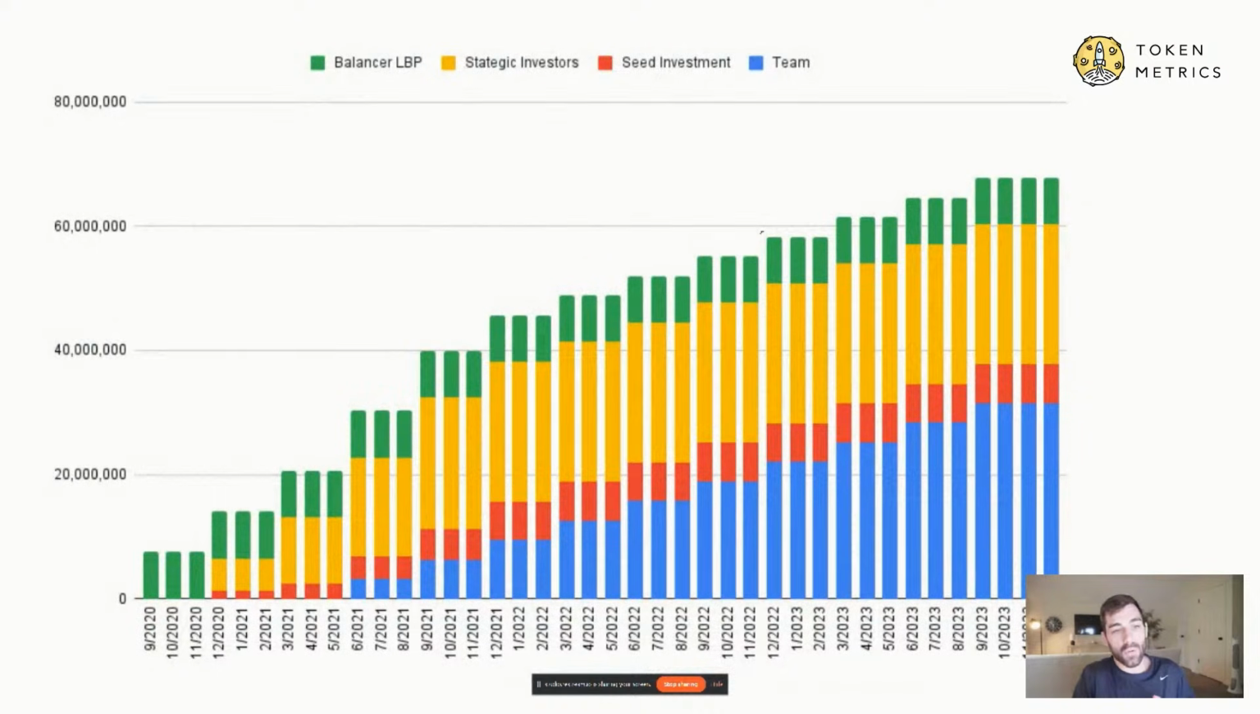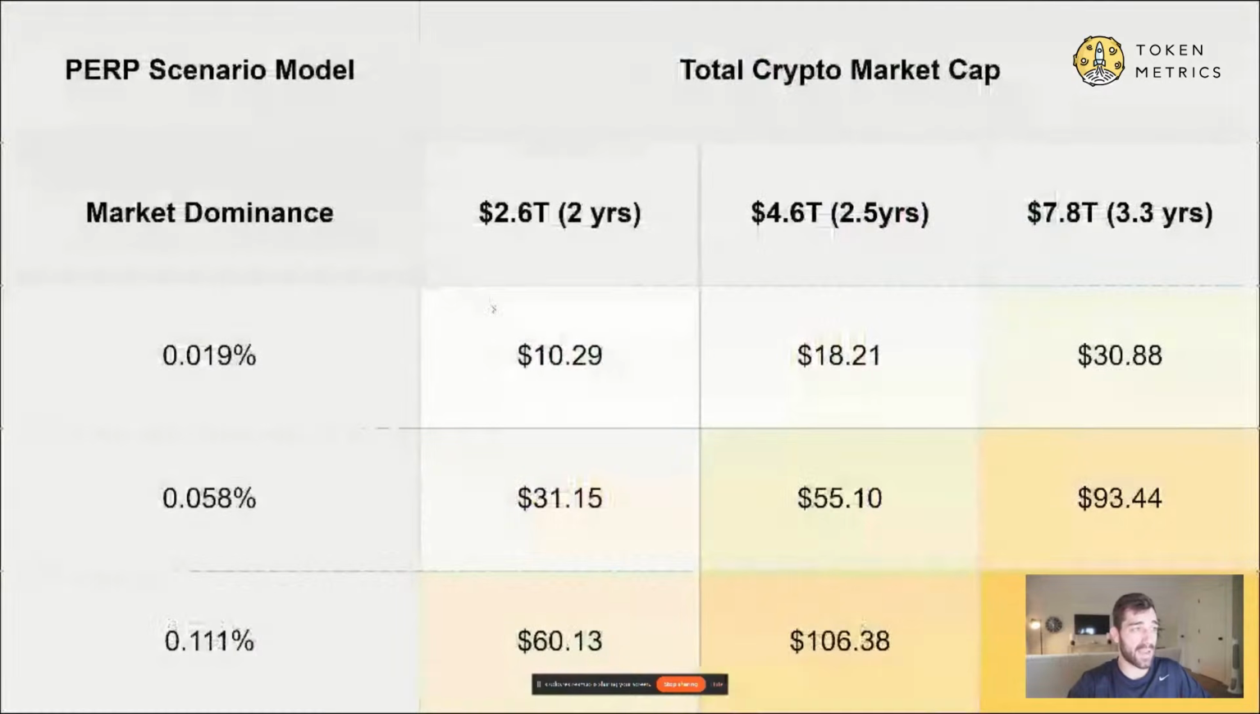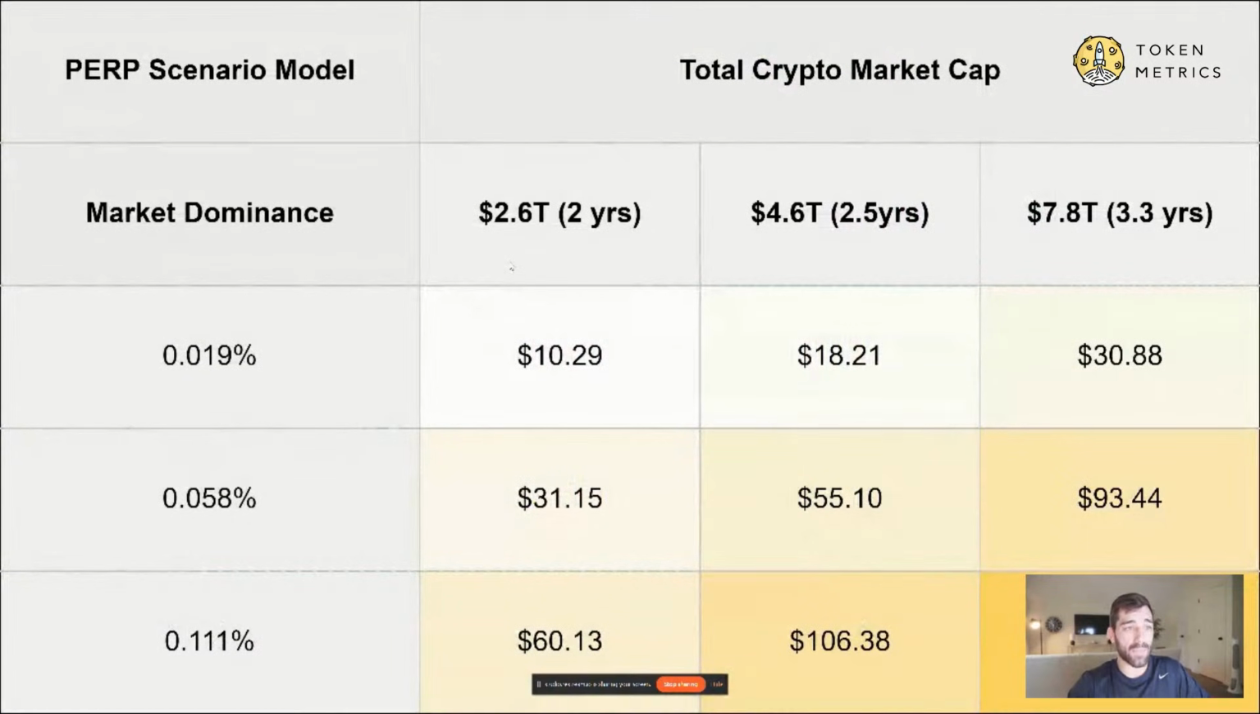Now, going back to Perp, we also have to layer in the inflation of the token supply. So we've layered that in, and I believe used 48 million Perp tokens by the end of the year as our arbitrary date. Now, if we use these total cryptocurrency market cap scenarios of 2.6 trillion, 4.6 trillion, and 7.8 trillion, and then we use our end of year scenarios for Perp in terms of market dominance, we can